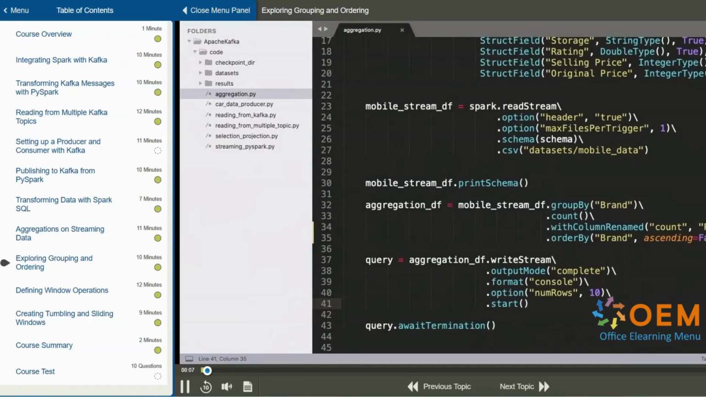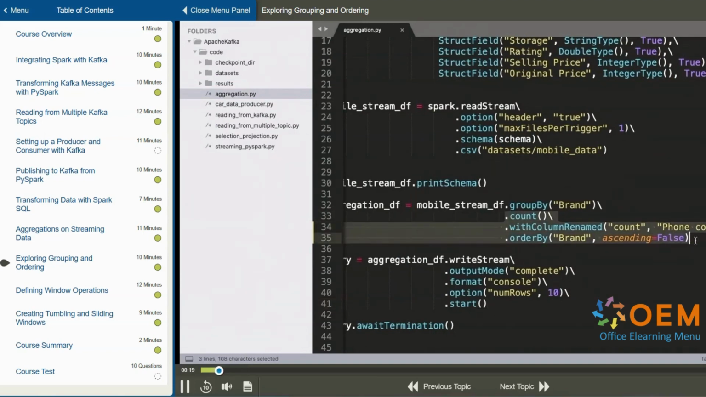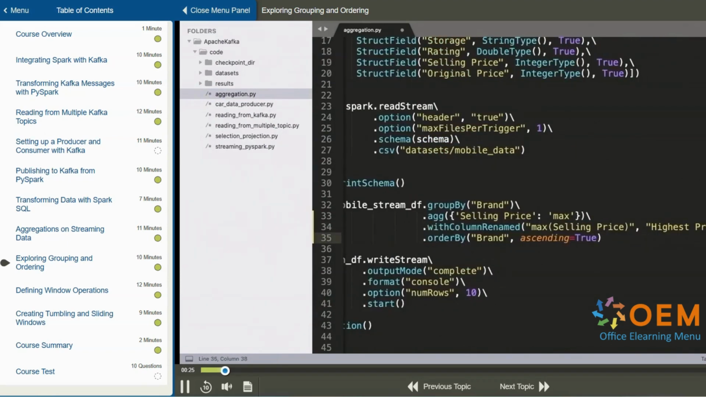Now let's continue performing different forms of aggregations on streaming data. Back to our aggregation.py source code, let's once again focus on the aggregated data frame which we create. This time, beyond the group by operation, where we still group by brand, let's replace everything else, and here is